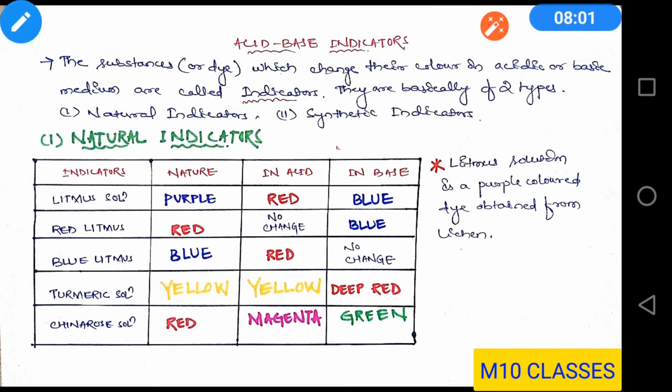So students, as these are obtained from natural sources, you can get turmeric at your home, you can get red China rose at your home. So you can prepare your own indicator and you can test acids and bases which are present at your home, like the lemon which contains citric acid, as you have seen and tested. So you can test it at your home also. This should be interesting.